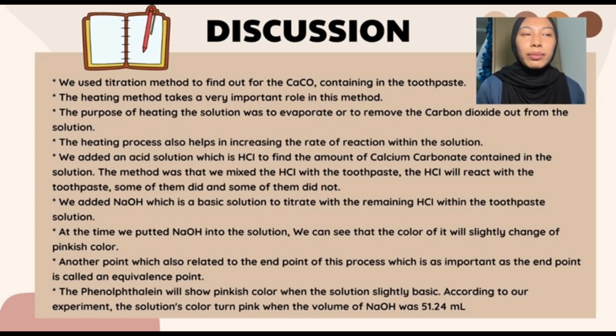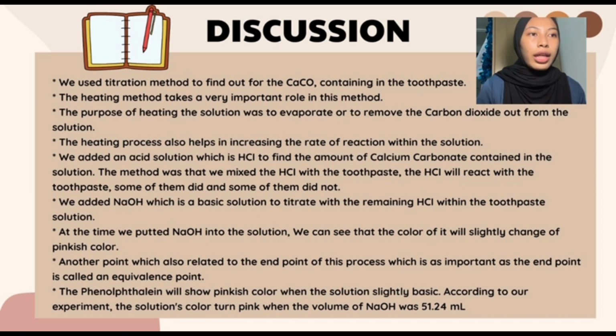We added sodium hydroxide, which is a basic solution, to titrate with the remaining hydrochloric acid within the toothpaste solution. After they reacted with each other, we will be able to determine the amount of calcium carbonate within the toothpaste by deducting the amount of sodium hydroxide we added, which is equal to the amount of